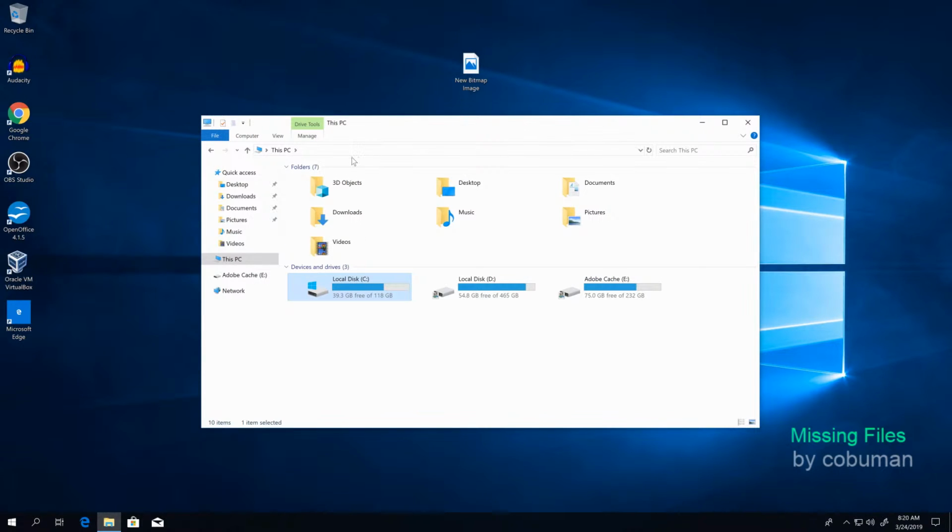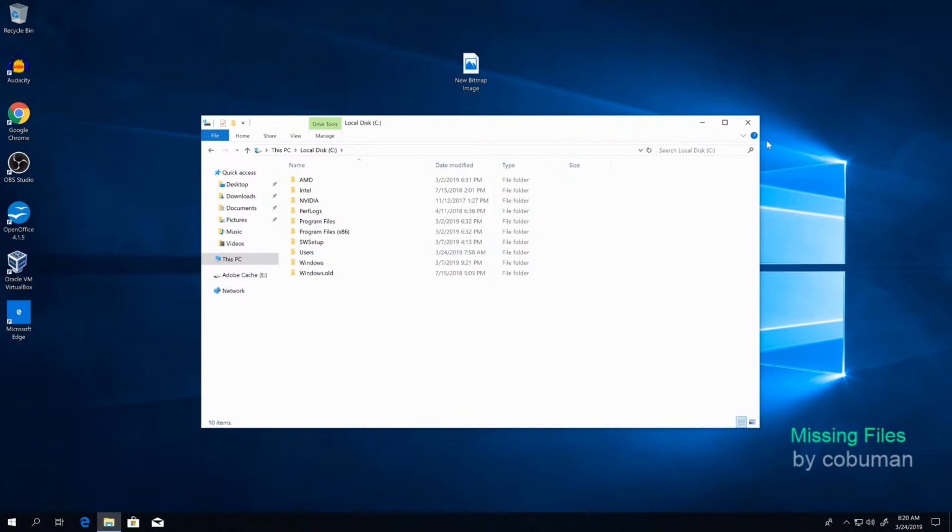By the way, if you can't see Local C drive or any of these drives listed here, you can just simply type in C. A lot of times that works. So let's go ahead and have a look at